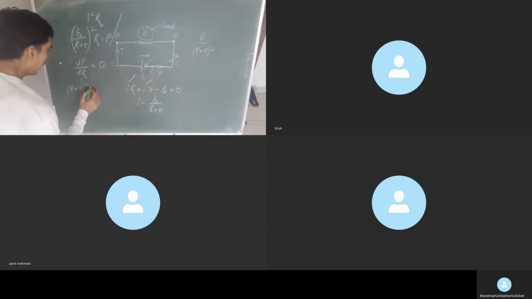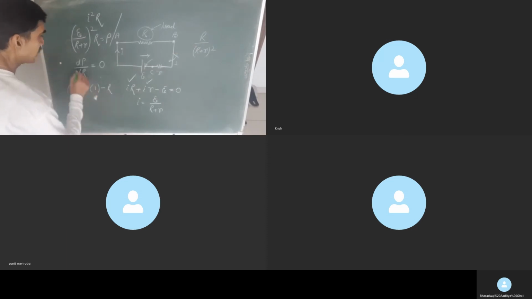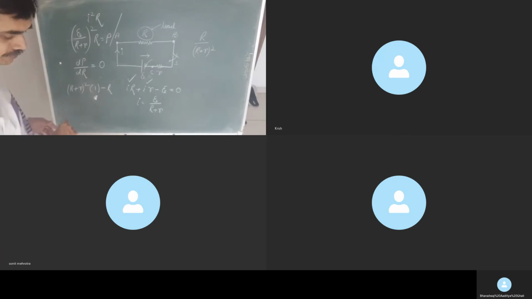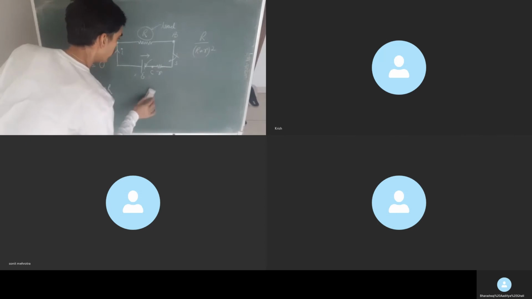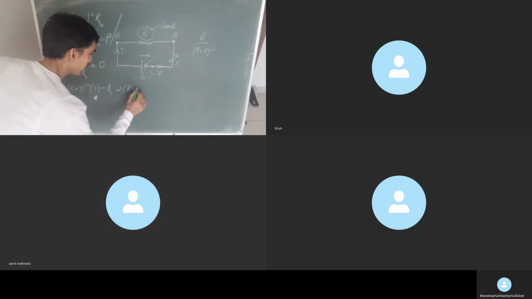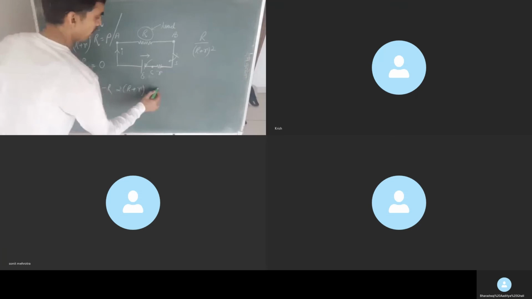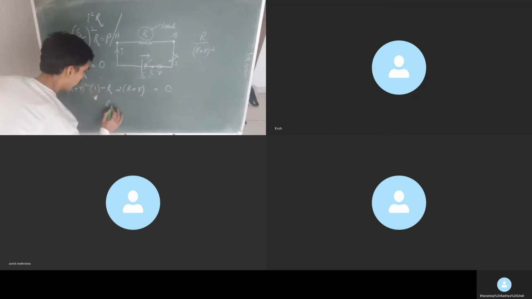First, I'll keep the denominator and differentiate the numerator. Minus. Keep the numerator as it is and differentiate the denominator. Correct? Yes, sir. When we differentiate the denominator, what am I to get? Twice of capital R plus small r, times differentiation of capital R plus small r, which will be 1, right? And then divide by square of denominator, though we don't require it as I am to equate it to 0. Fine here. Yes, sir. When you simplify this, you will get capital R equal to small r.